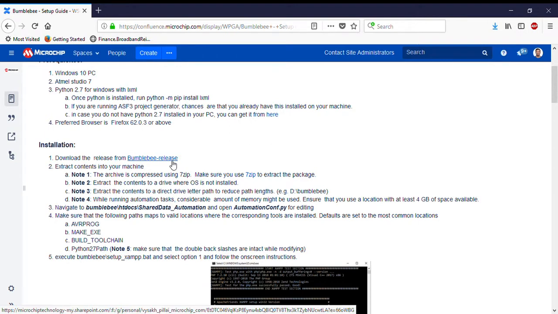The download link for the release is given in this page. As and when we have new releases, we'll upgrade this link to the latest release. Currently, we are at Alpha 2.0. You have to make sure that you use 7-zip to uncompress the package. And once it is extracted,